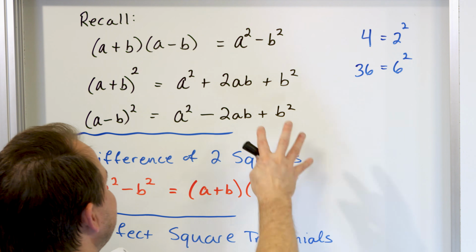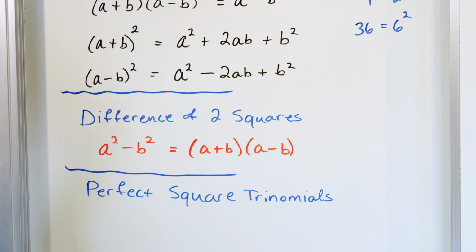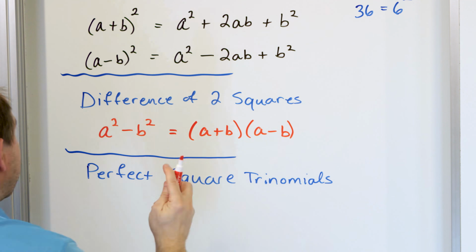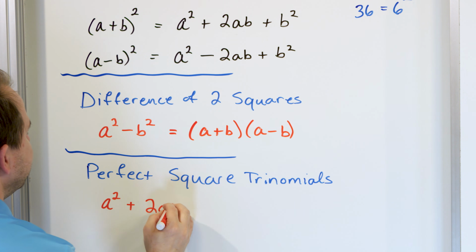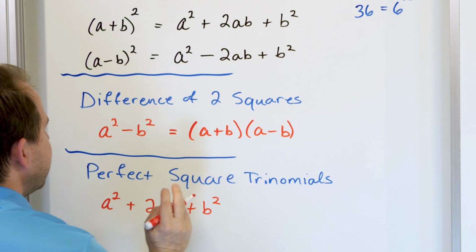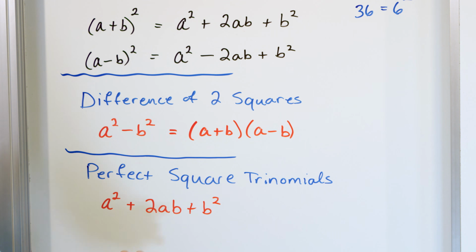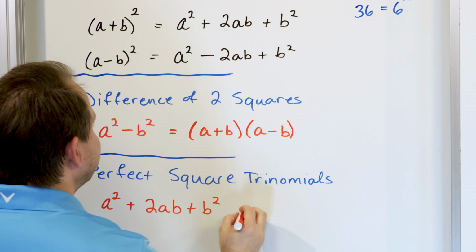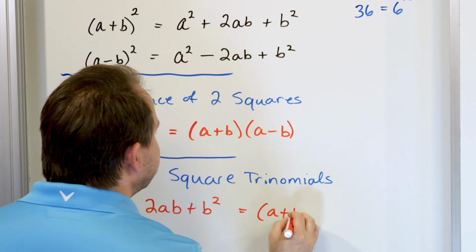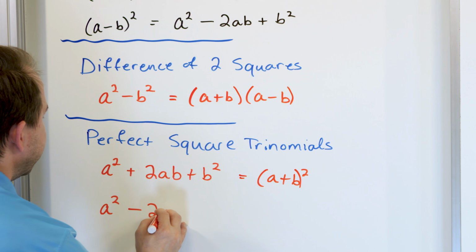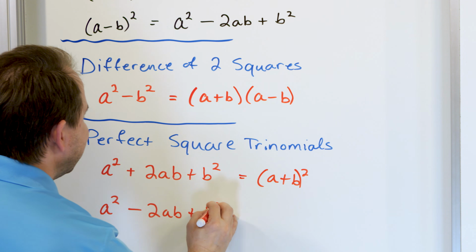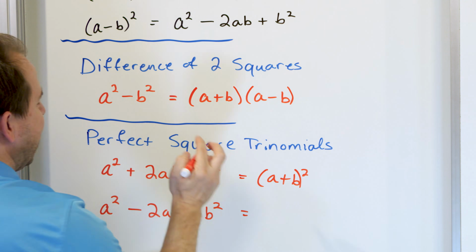So basically, we just need to take these special trinomials and write them backwards. If we come across a trinomial that's a perfect square, in other words, if we're given a trinomial of the form a squared plus 2ab plus b squared, then we know without even factoring anything out term by term that it's one of these special cases, and we can always write it as (a plus b) squared. And if we come across a trinomial that looks like a squared minus 2ab plus b squared, it's a special case trinomial, and it's going to be (a minus b)